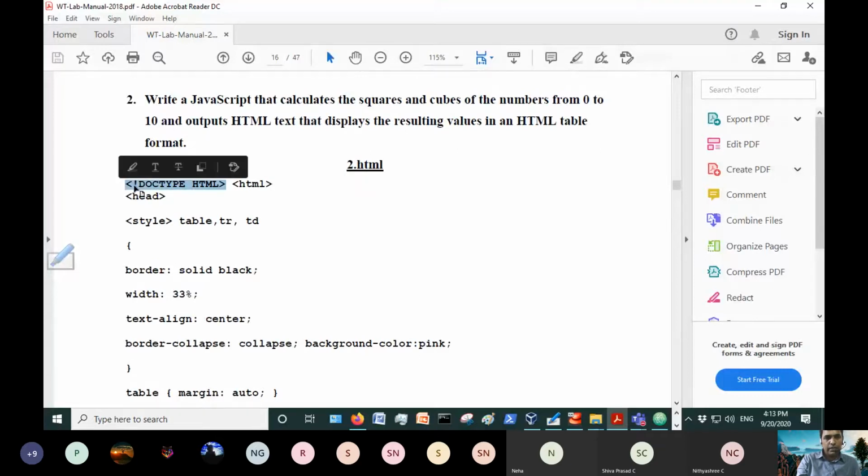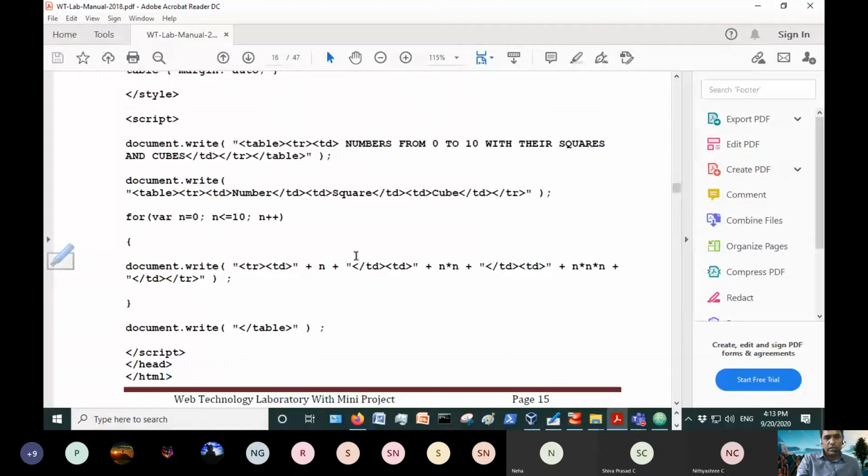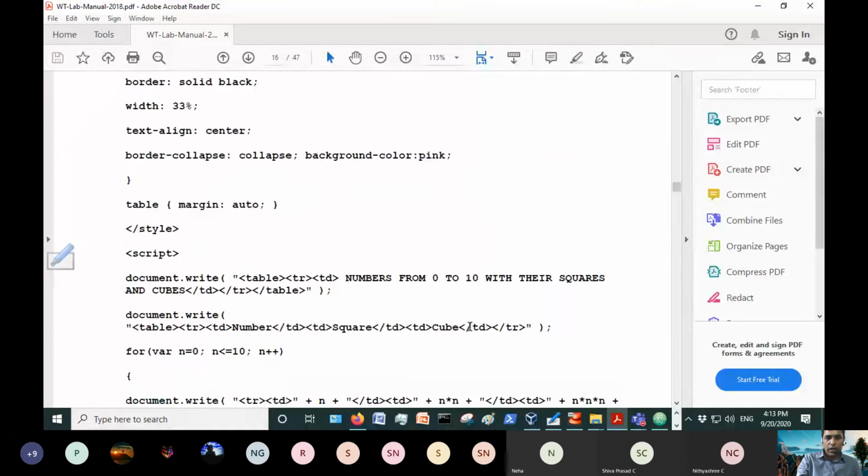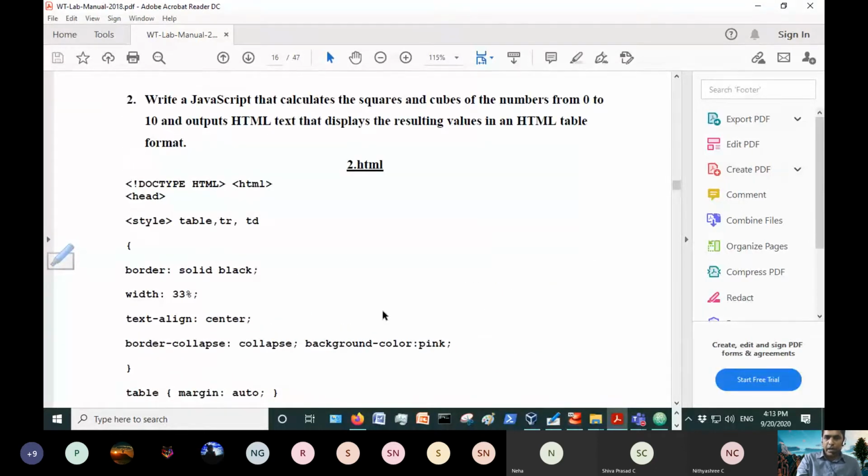This is actually a message to the browser telling that this document is an HTML document. Followed by that, there is an HTML tag at the beginning. Similarly, there is an HTML tag at the end. As I told you earlier, if the HTML elements are represented as a tree, the root element is the HTML element. That means any HTML tags or elements should be included within the HTML tag. That's why the first tag is HTML.